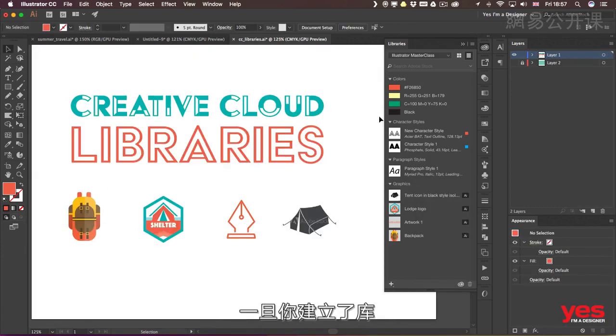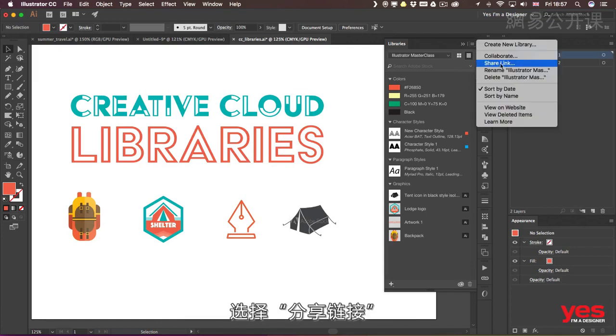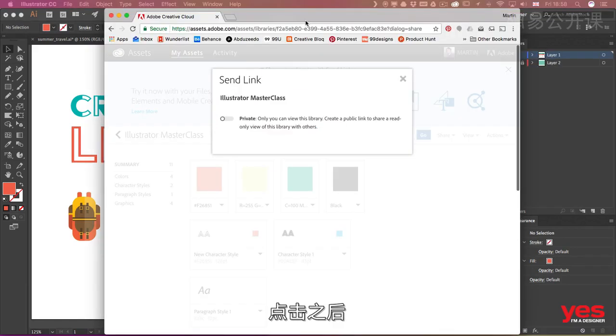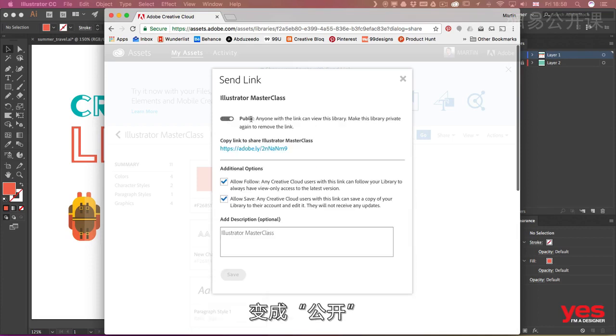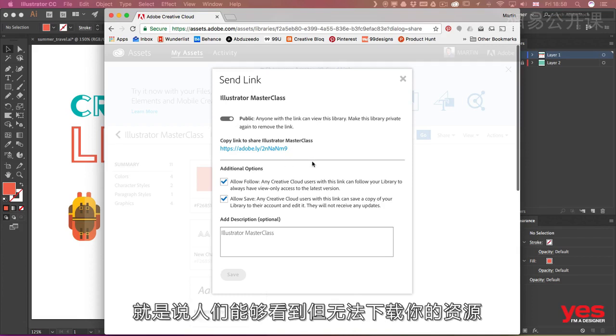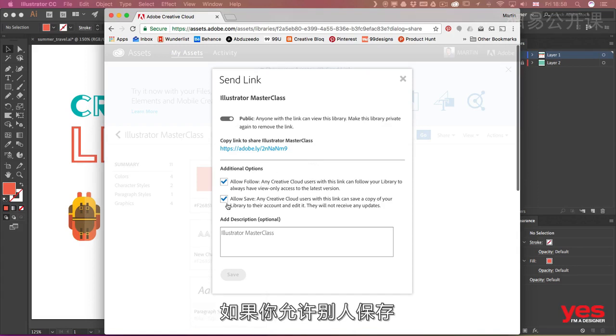Once you built up a library that you would like to make public and make it accessible to other Creative Cloud users, you can do that from the panel menu by choosing Share Link. Once you click on this, it will open up a browser window where you can turn the private option on to public, which will immediately generate a link. You can also decide whether you allow people to follow, which means that they can see but not download your assets. If you allow save as well, that means they can save copies of your assets